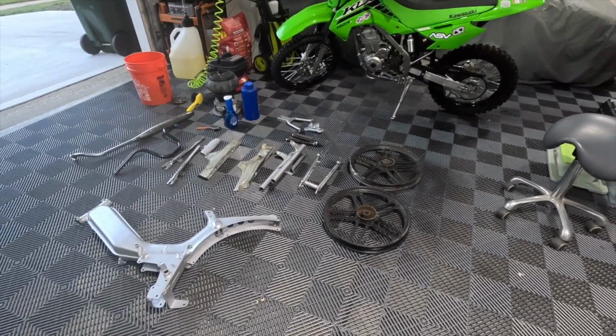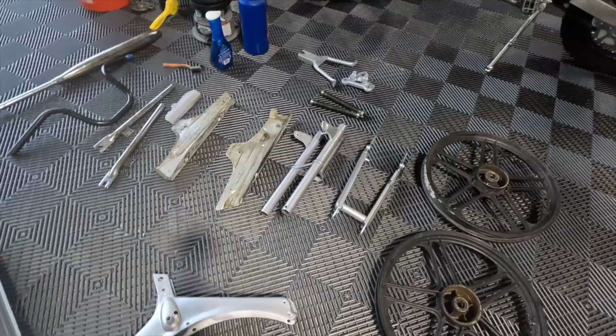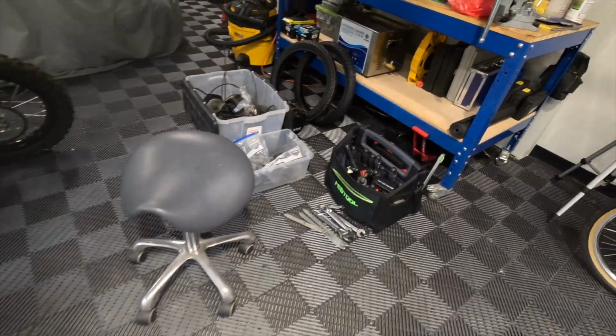Okay, here's where we're at. Garage is a complete mess. These are the parts that I've finished. Got to finish those tins there. I got to paint that one, but all that's finished. I still have the